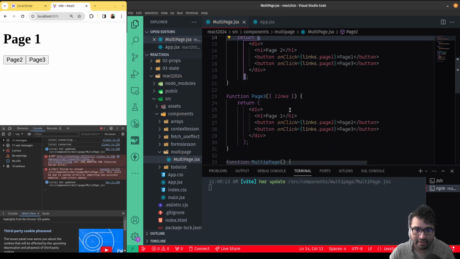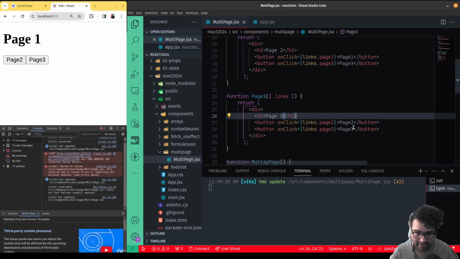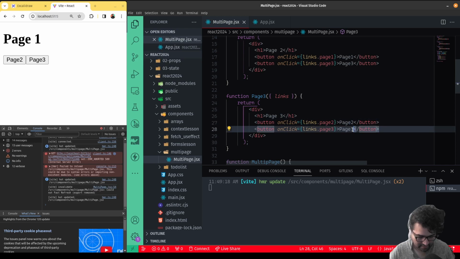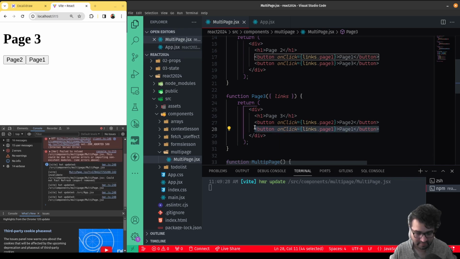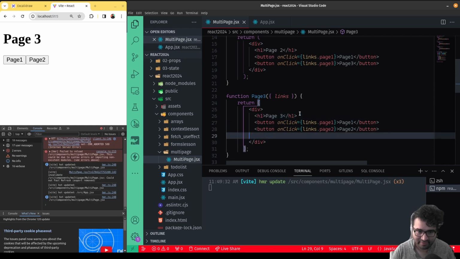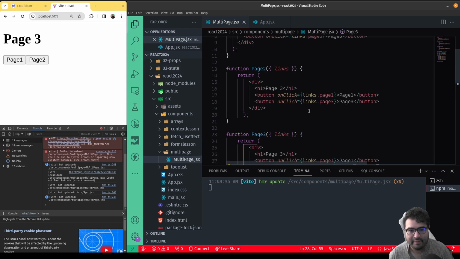Then I go to page 3, and this should be page 3, and then this should be page 1. And then I should probably move this line before that line. I always forget the shortcut for doing that. But cool. Now we have these 3 page components,